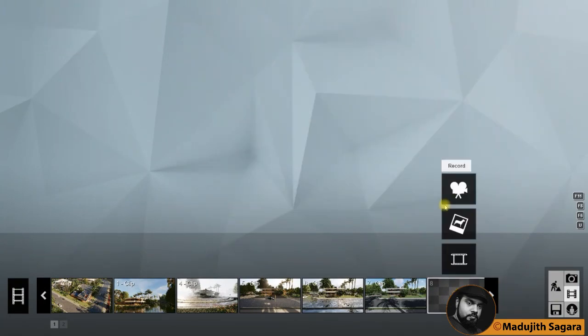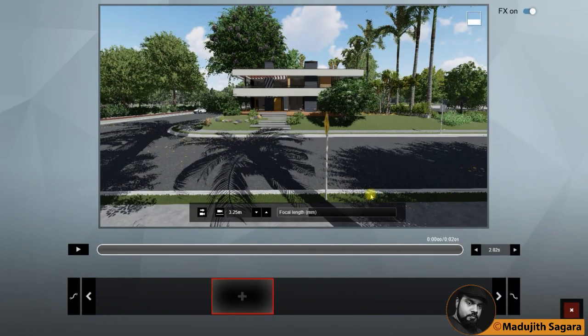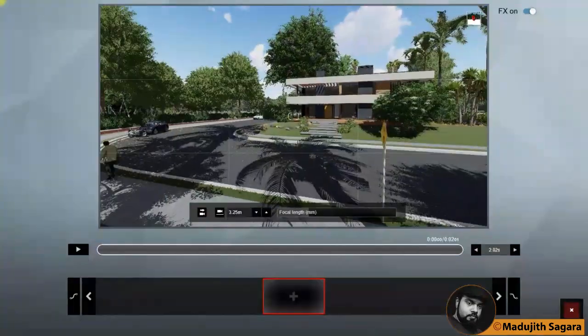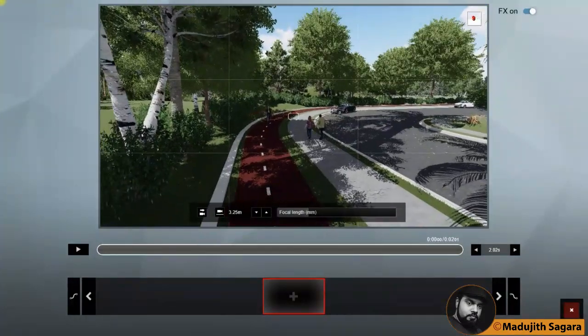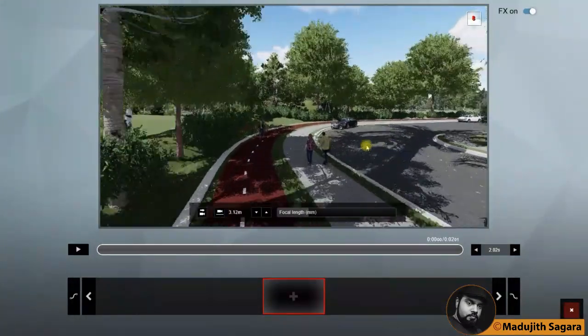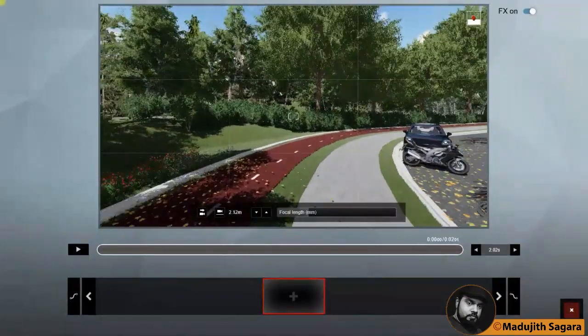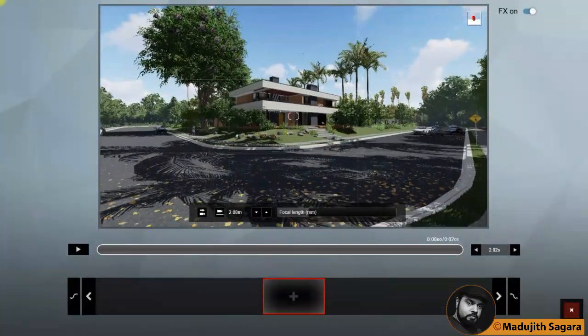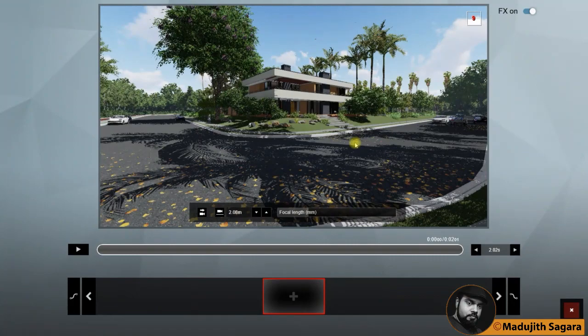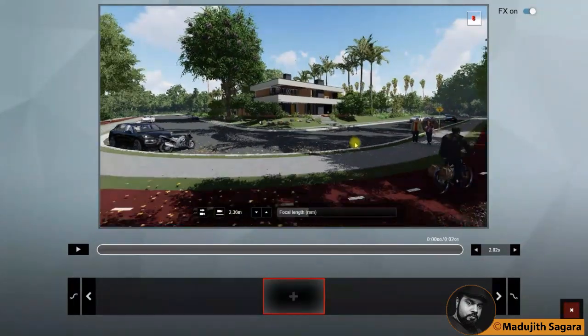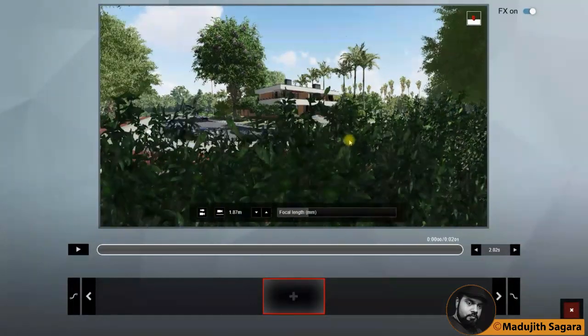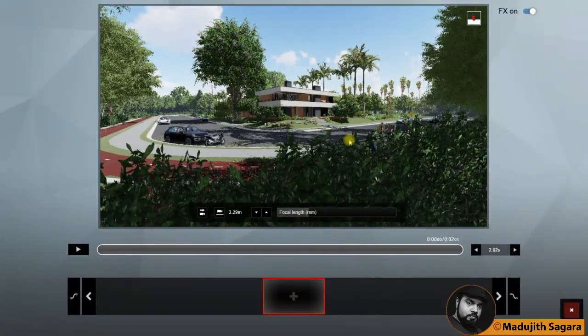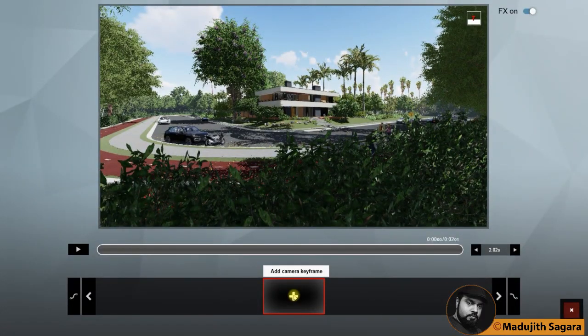Then go to record and select the position. I will go to this position, no matter, like that. Okay, I will add it.